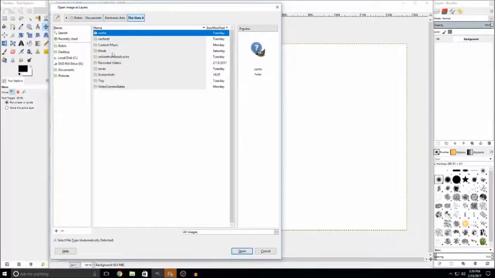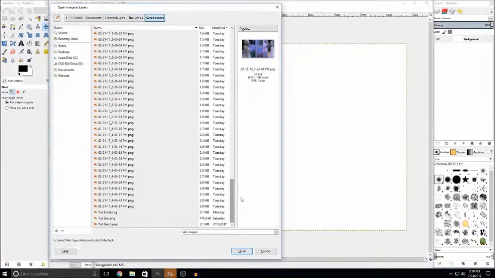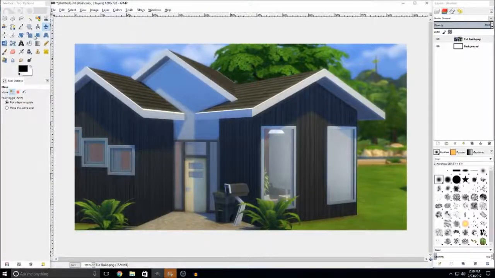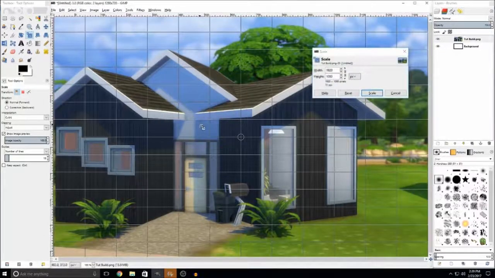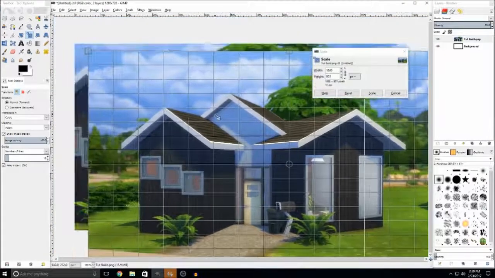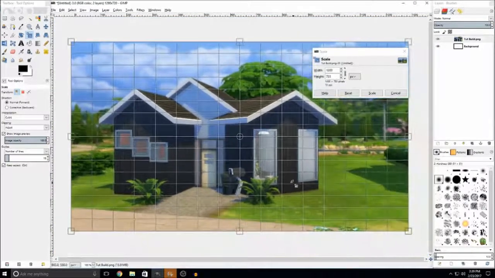And so the first thing I am going to do is open up my screenshot. Go ahead and get that. So I did save them, I renamed them. So first I will show you how I do my builds. On my computer, the size is a little bit larger, so I'll have to resize it to fit my thumbnail size,